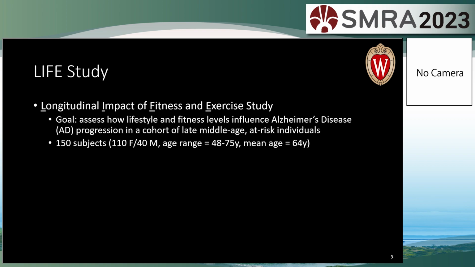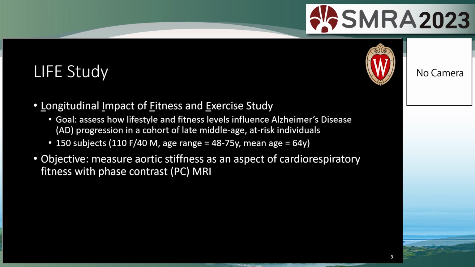This project comes about as part of the LIFE study. Essentially, we wish to assess how lifestyle and fitness levels influence Alzheimer's disease in at-risk individuals. We have 150 subjects undergoing exercise studies and are obtaining MRI data in the brain and aorta, along with many other exercise-related parameters. We wish to measure pulse wave velocity using phase contrast imaging in our elderly subjects to characterize